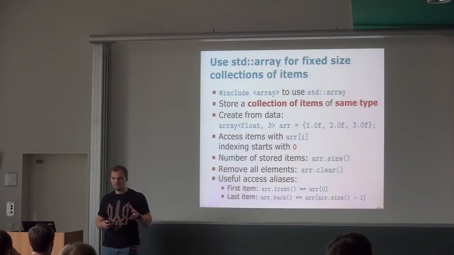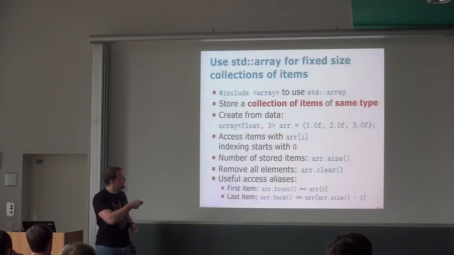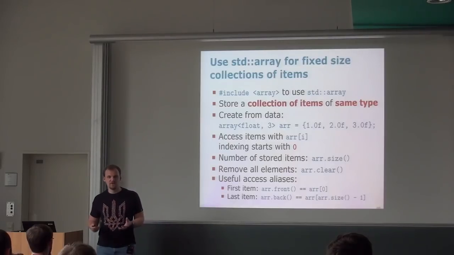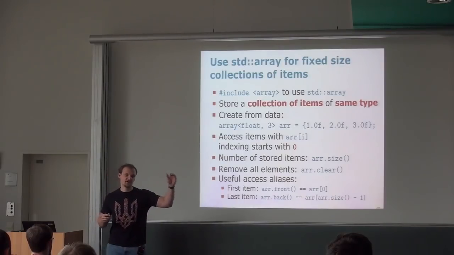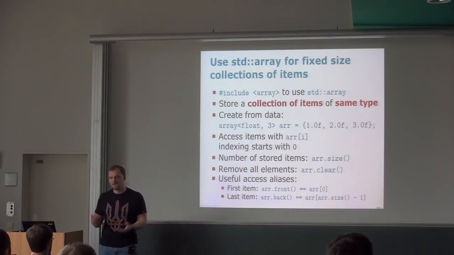But the important part to remember here is that you always define it with the size. So the size is given as one of those parameters. Before we saw only a type here. Now it's an array of floating point numbers, and the size of this array is 3. It's extremely efficient, so it's very, very fast. All the access is nearly 0 overhead. It's as if you would have just written in the code float 1, float 2, float 3, and then would access them. There is no overhead of using that.